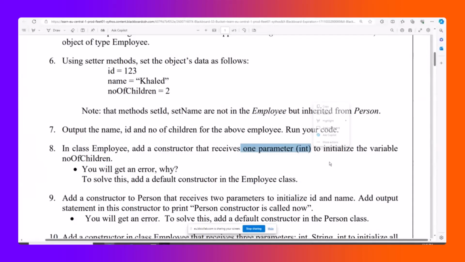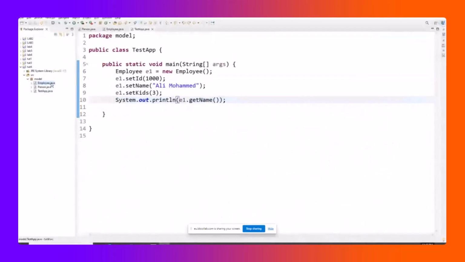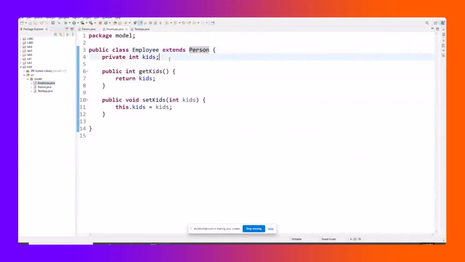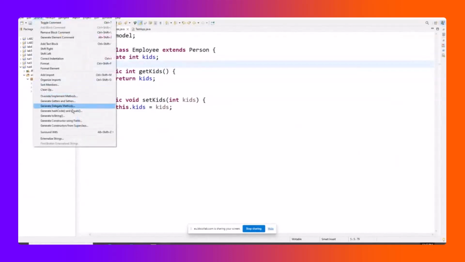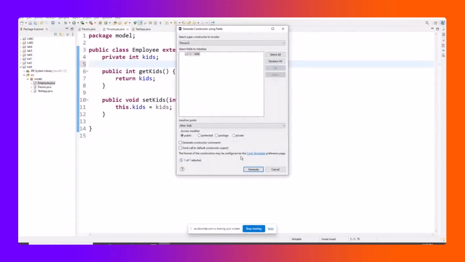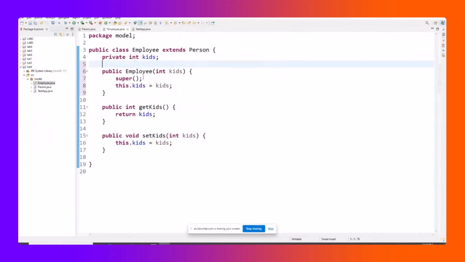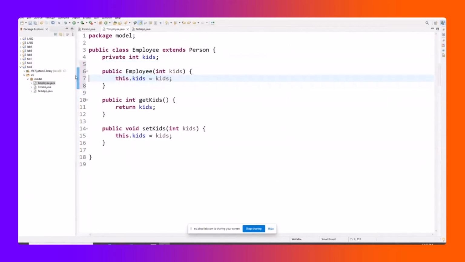Of course, if you create a parameterized constructor, the default constructor disappears. You know that, right? And that's why we are getting this problem. And here I said, that's it. So now I have a constructor that